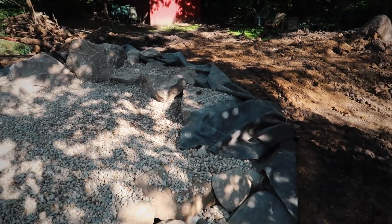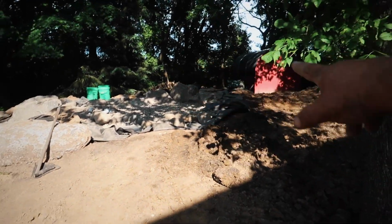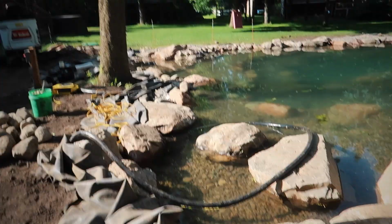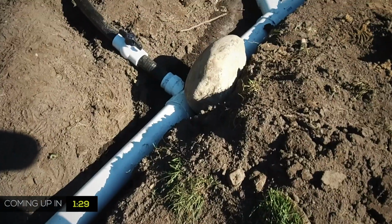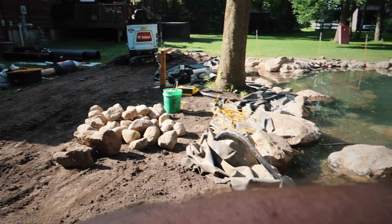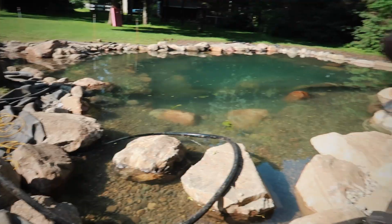So we're gonna keep plugging away. We're gonna get the tarps down because we're expecting rain. Main things we have yet to do are our plumbing. So the goal for tomorrow is really to get that plumbed. But the first thing we're gonna do is finish off the intake bay all the way. So we're gonna set where our overflow is, so we know where that's gonna go if we get heavy rains, and we're gonna fill it to its final mark. So it's just about overflowing, and then we can hide all the